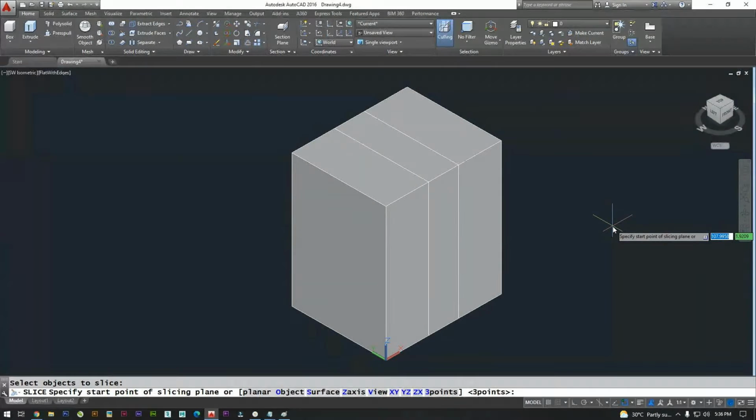If I want to cut in Y plane, which axis should I take? We have three: XY, YZ and ZX. If I want to cut in Y plane, which should I take?